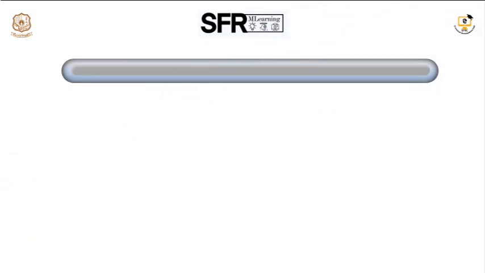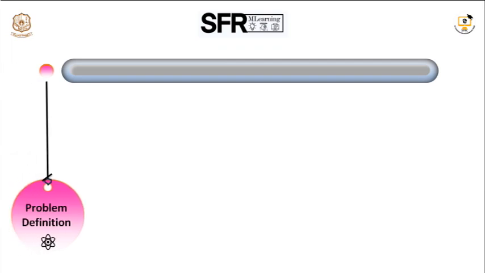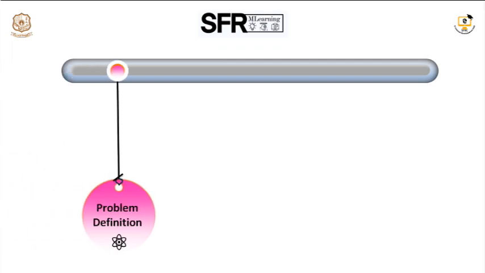Now let's see what the five basic steps in the research process are. The first step is problem definition. In this step, the researcher has to define the research problem or select the research topic based on their field. A research problem is basically a research question. The research is conducted based on this question, and the researcher finds the answer to the particular question at the end of the research.